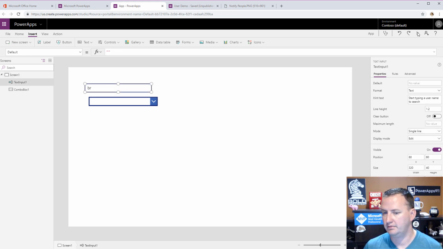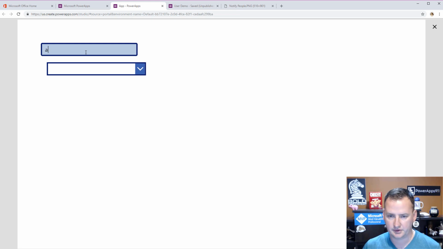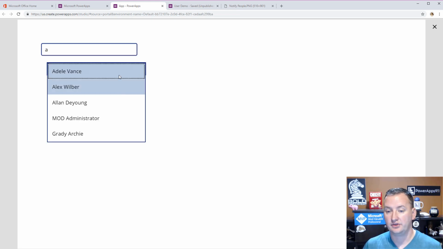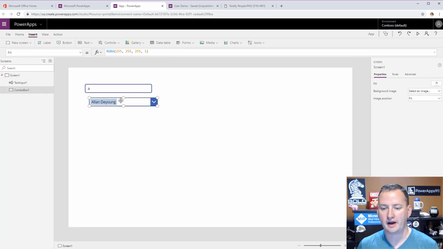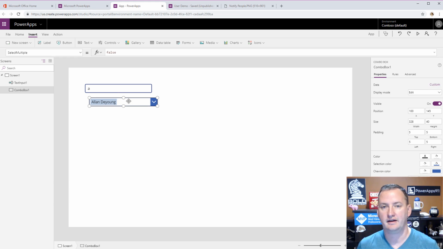If we hit preview again and type an A, notice there's no searching, but here's all the users. And now we can choose Alan. Boom. I like it. All right. So that's moving us down the path, right? Because now we don't have to worry about the top anything. Now, to be fair, if they did search for an A, this is only going to return the